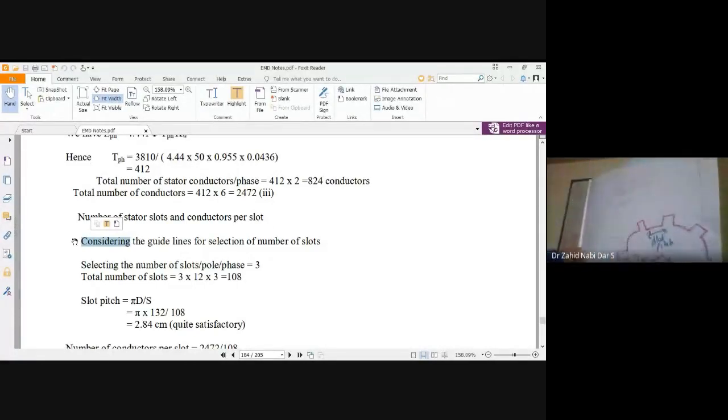But in that 2 pi r, how much would be the slot distance between the pitch, divided by what? For example, you have a circle. You are dividing a circle into 10 equal portions. So 10 equal portions means of what length it is. You have to divide the 2 pi r, your circumference, by 10.